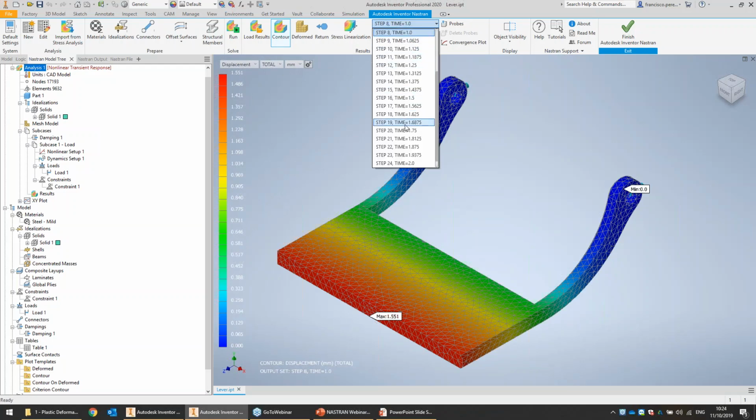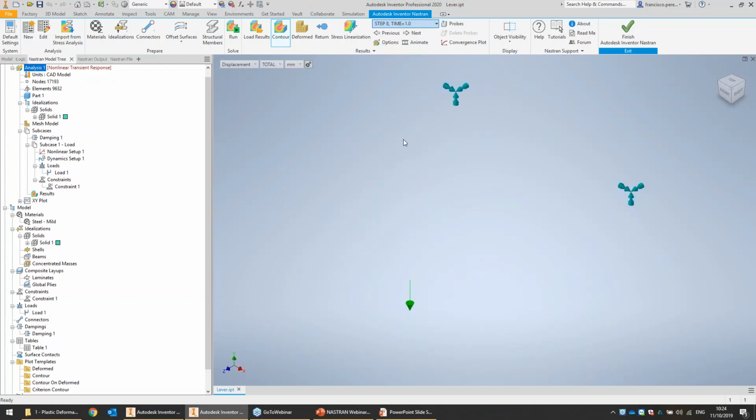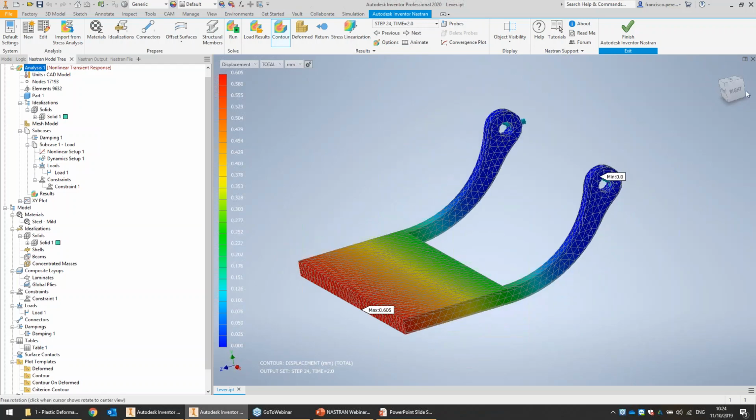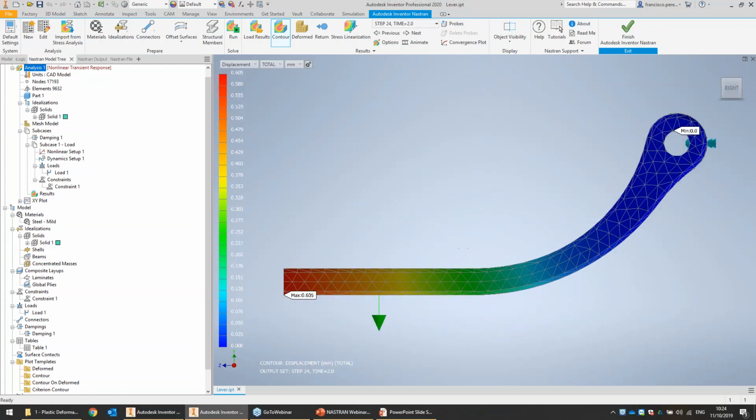However, what happens when we take off the load? We'll come to time 2 seconds, and here we'll see, shock, it hasn't returned to its original shape. The plastic deformation is real. Wonderful. So we can see that we've got a residual displacement of 0.6 mil at the end there, and we'll